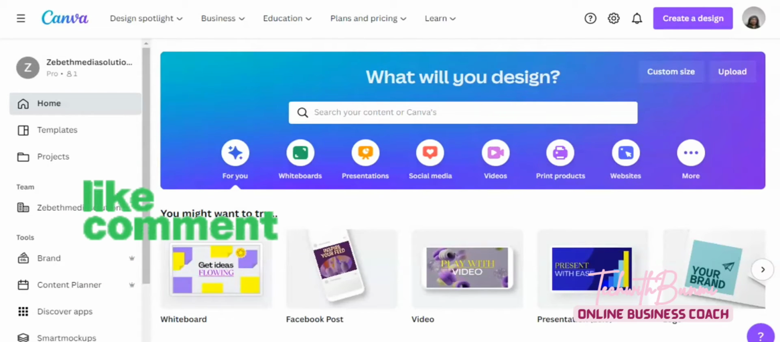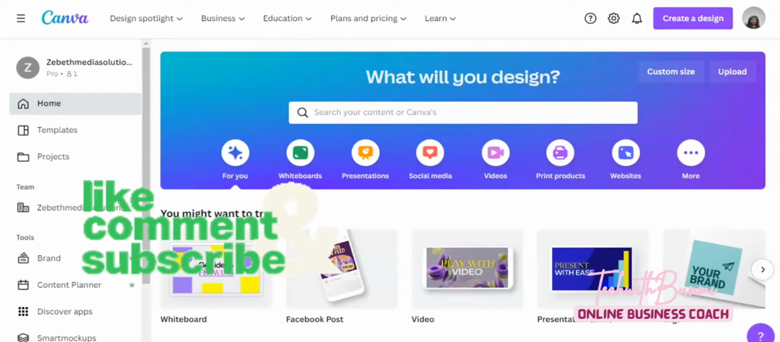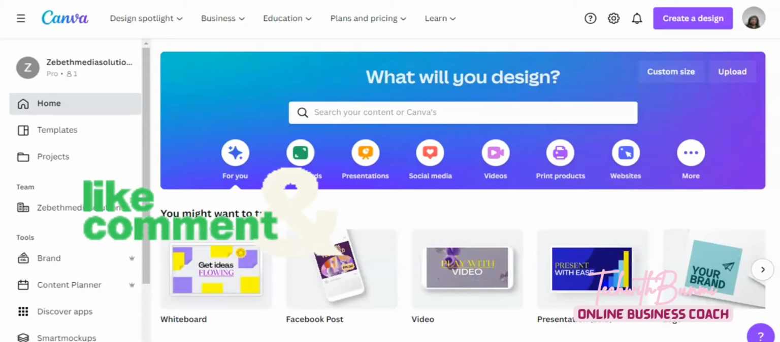Canva just introduced an amazing design feature called the video remover. And this video remover works like magic. I'll be giving us 3 ways you can use it, and for you to be able to use this video remover, you're going to need